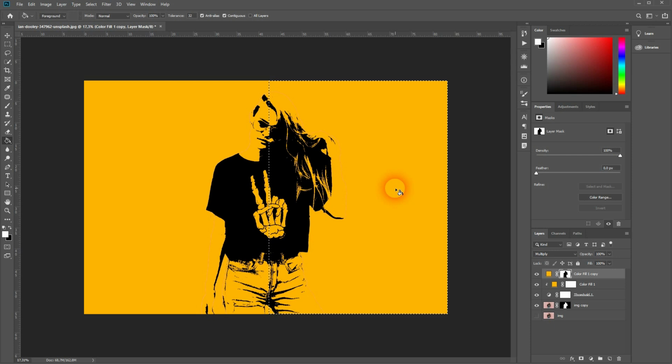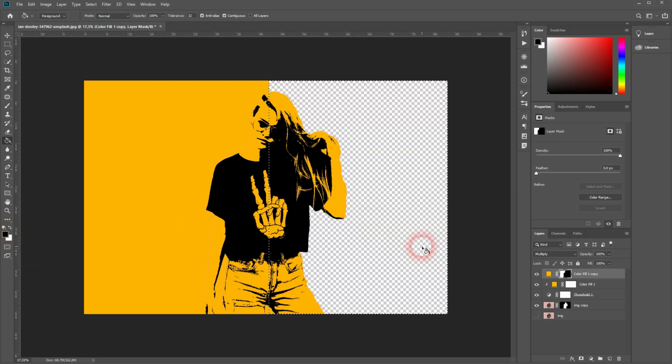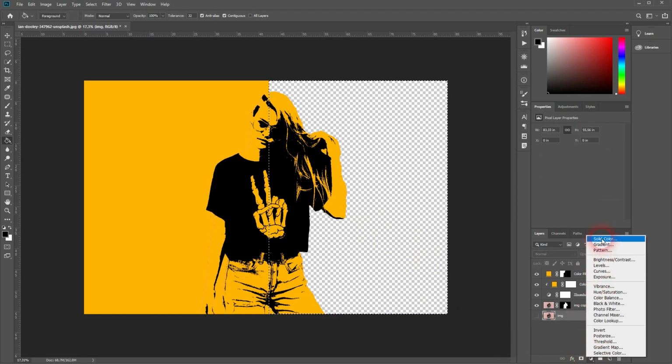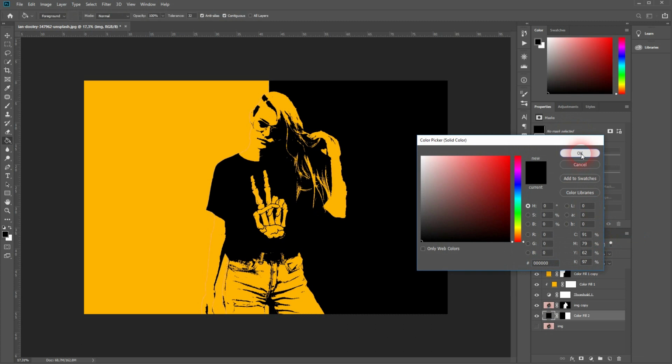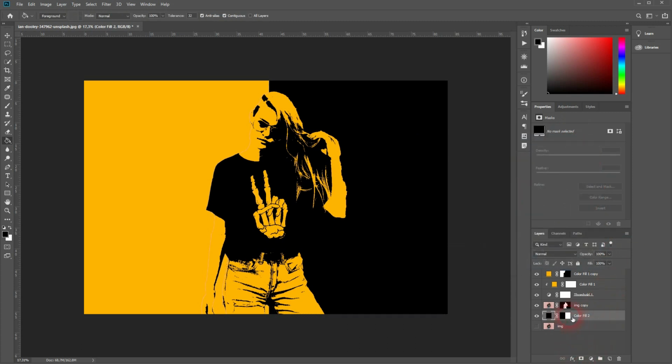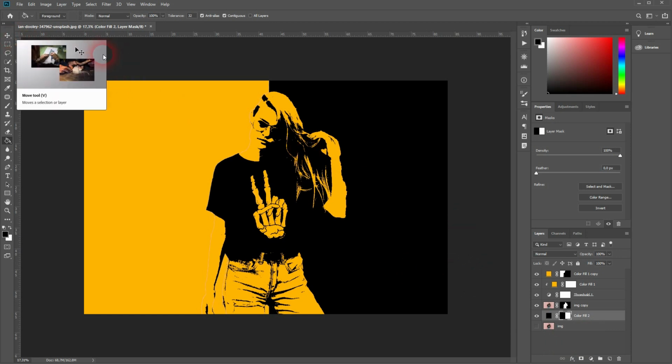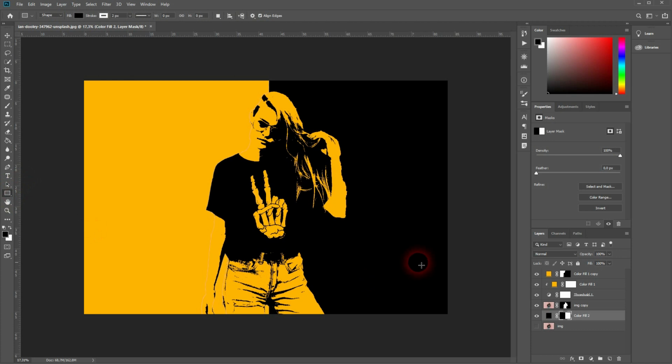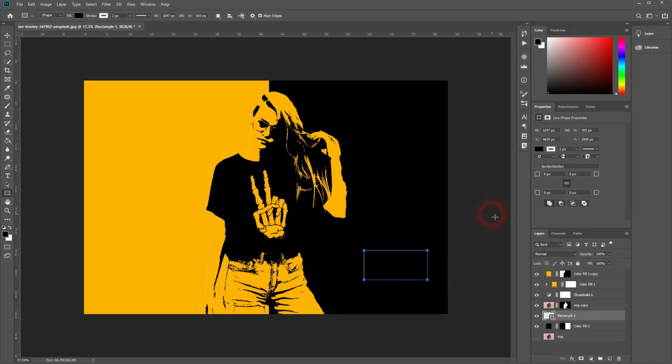Have a black foreground color and then click on it. It will be applied to our layer mask and thus made invisible. Another solid color adjustment layer with the black color, and as long as we have the selection still activated, it will be automatically applied to a layer mask. We can now add some details, for example a rectangle with no fill and